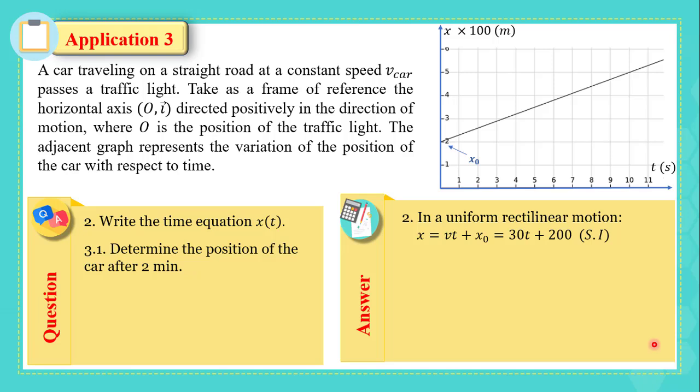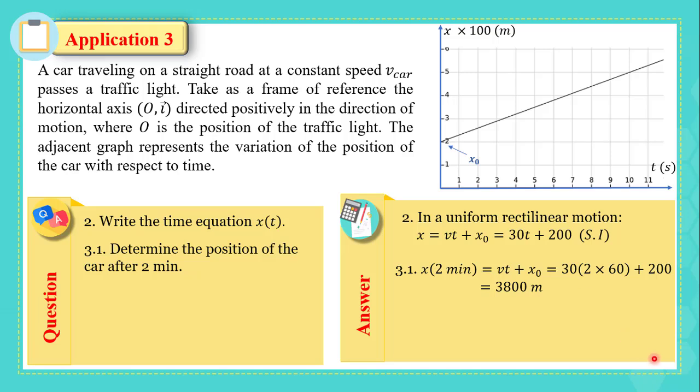In part 3.1, we need to determine the position of the car after 2 minutes. They gave us the instant. We need to calculate the position on it. Don't forget that the position is x. Then x at t equal 2 minutes, which means 120 seconds, is equal to vt plus x0, which is equal to 30 multiplied by 120 plus 200, which gives us